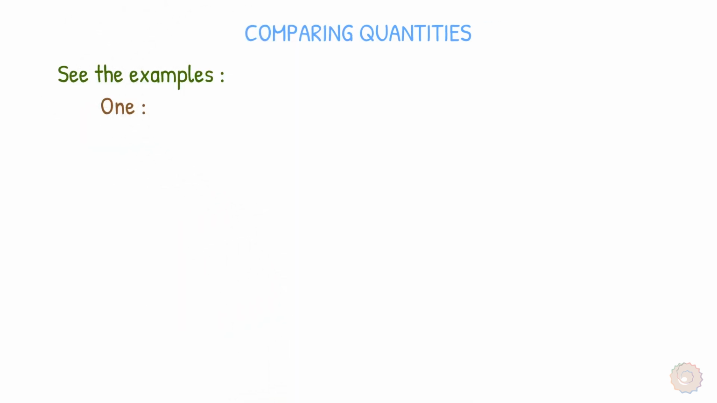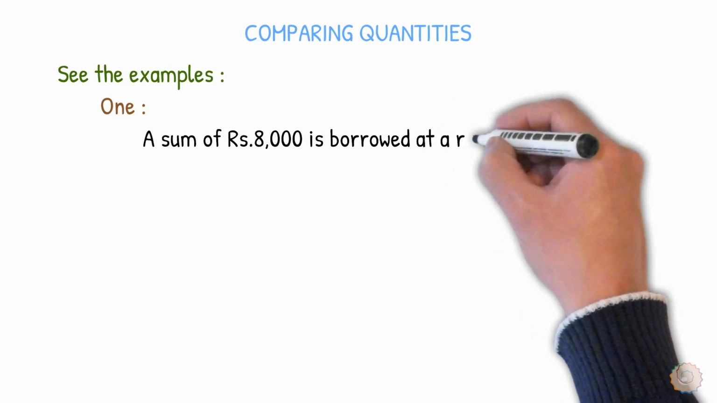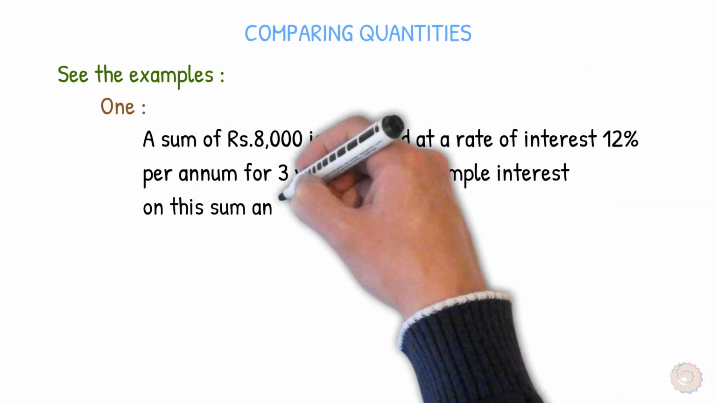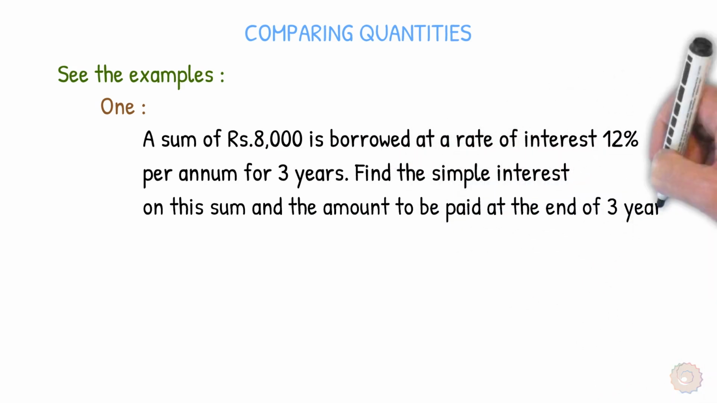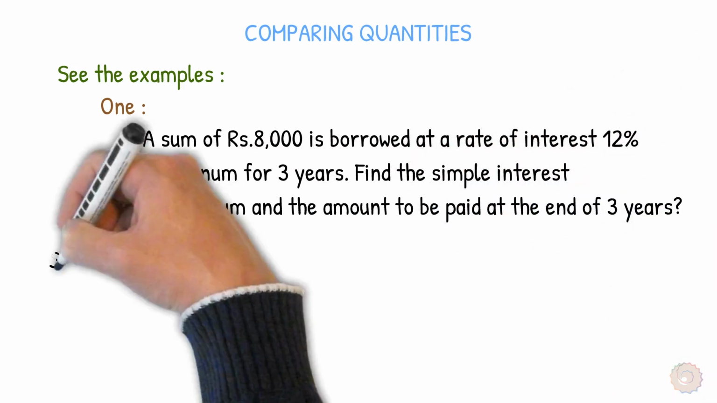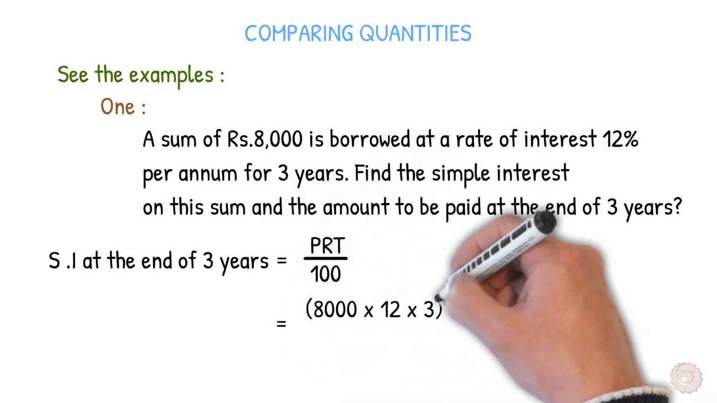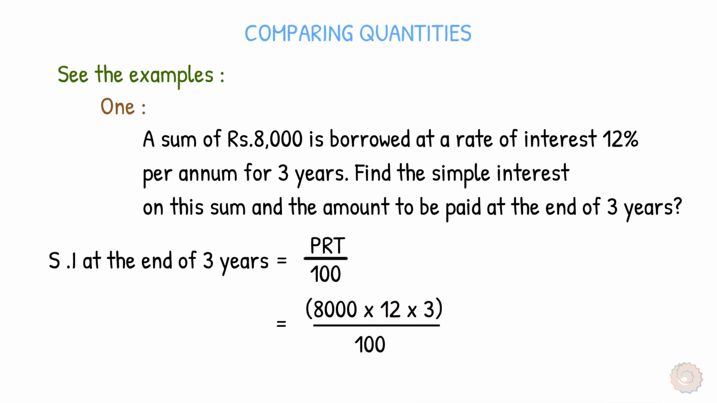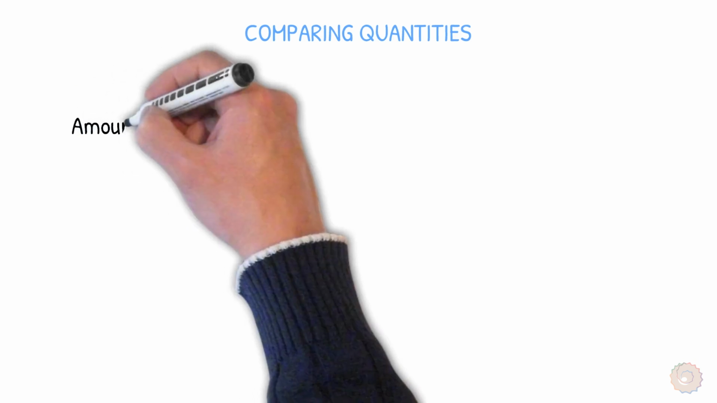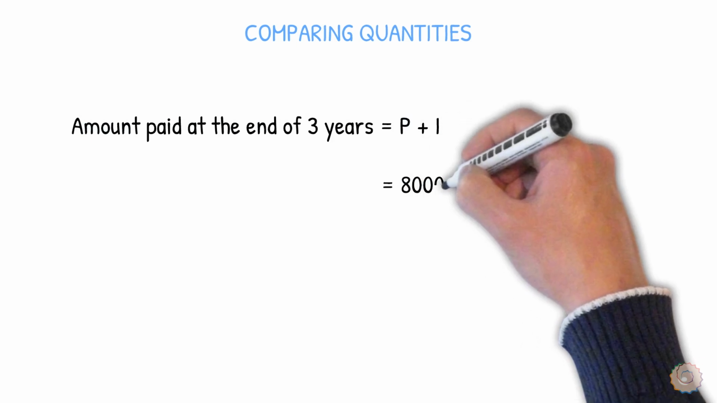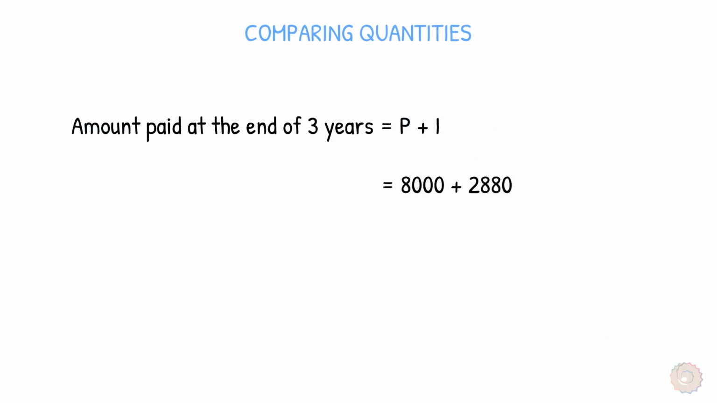See the examples. 1. A sum of rupees 8,000 is borrowed at a rate of interest 12% per annum for 3 years. Find the simple interest on this sum and the amount to be paid at the end of 3 years. SI at the end of 3 years equals PRT divided by 100, that is 8,000 into 12 into 3 divided by 100, that is rupees 2,880. Amount paid at the end of 3 years equals P plus I, that is 8,000 plus 2,880, that is